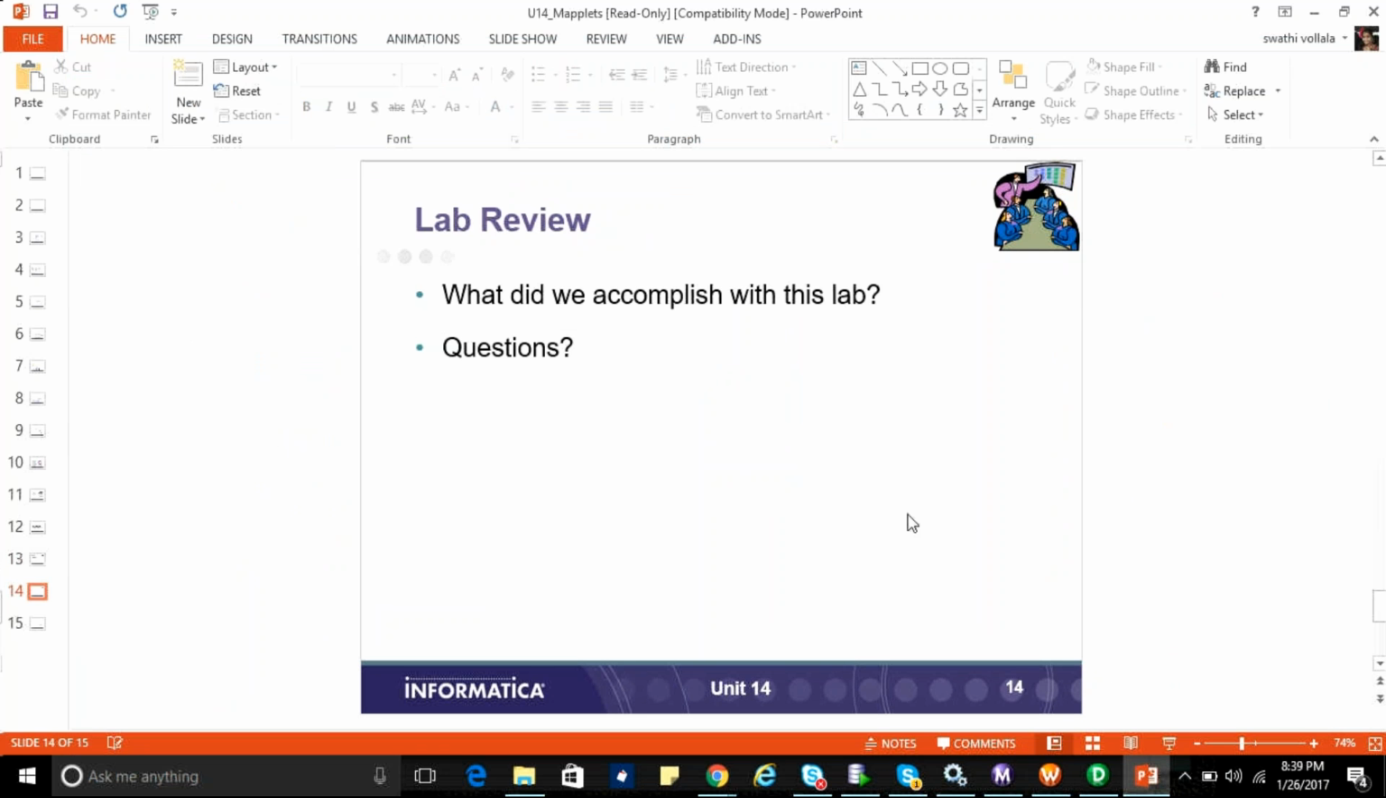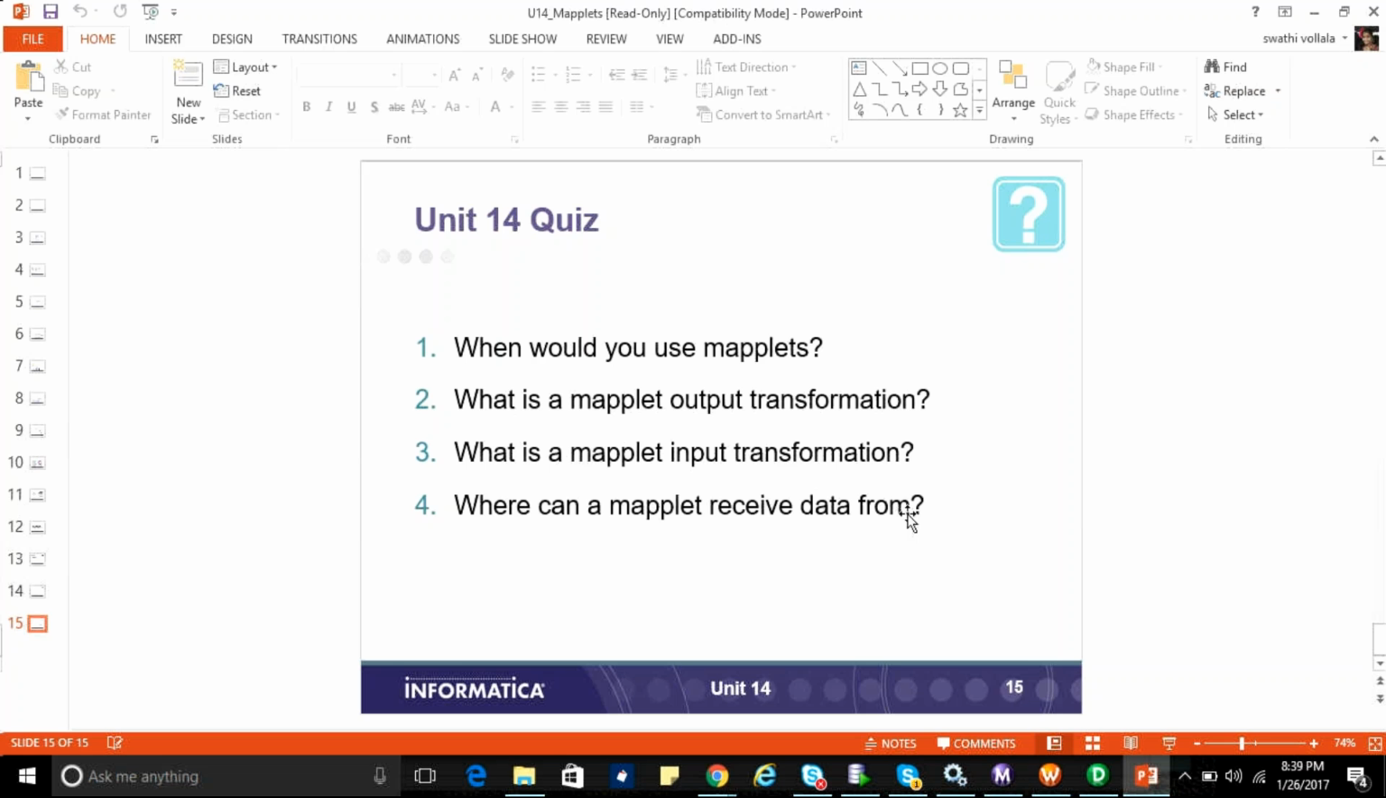Can you go to the 15th one? So when would you use the maplet? Whenever there is reusability, or whenever there is a chance of reusability by using multiple transformations, then you use the maplet. What is a maplet output transformation? Whatever you want to connect in the mapping from the maplet, you're supposed to use the output